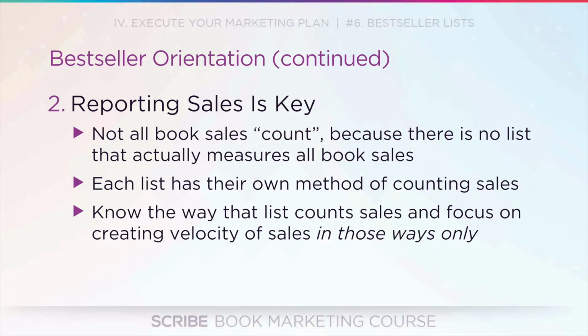The New York Times only counts physical bookstores, mostly independent bookstores that it tracks. It does count a few online sellers like Amazon, but it weighs them very, very differently, right? USA Today uses a different method than Wall Street Journal. They all use different methods, but the point is, this is super important for you to understand. Bestseller lists are editorial products. They decide. Amazon's is an algorithmic product. It's just the computer reporting on sales. That's it. New York Times, Wall Street Journal, Publishers Weekly, all editorial products.